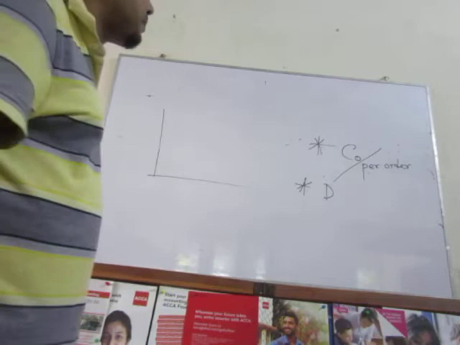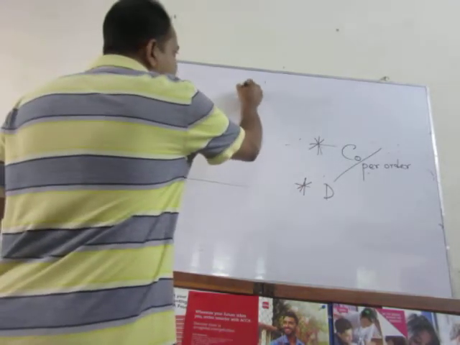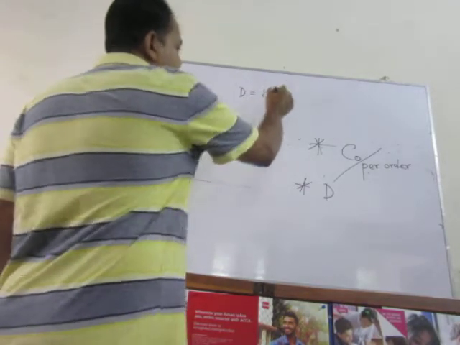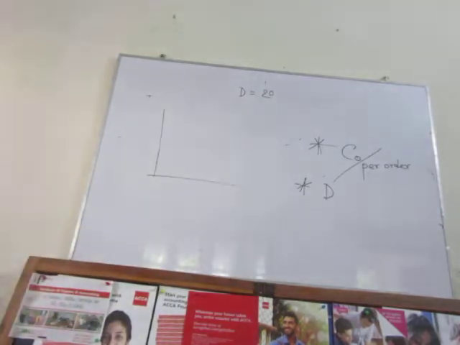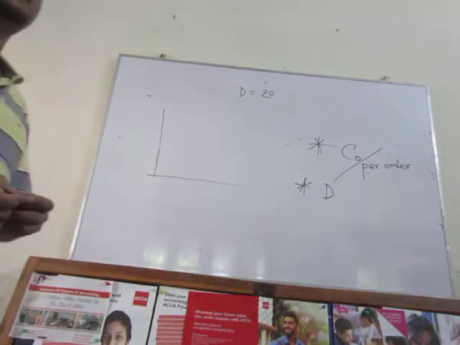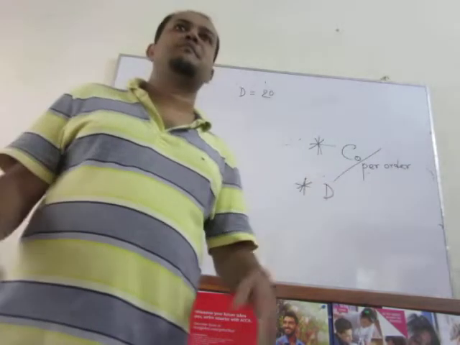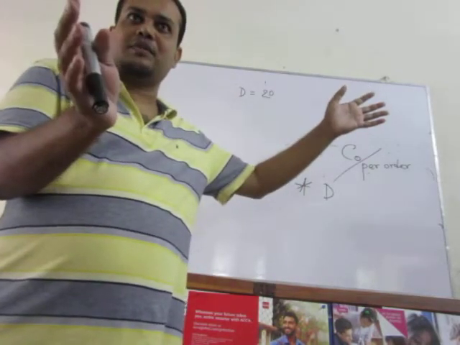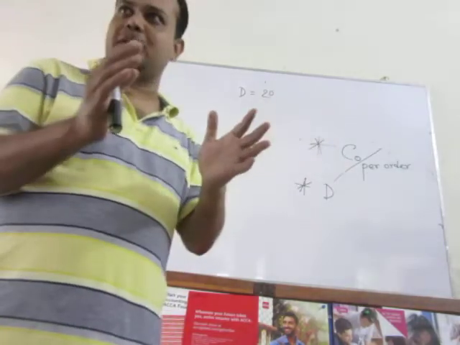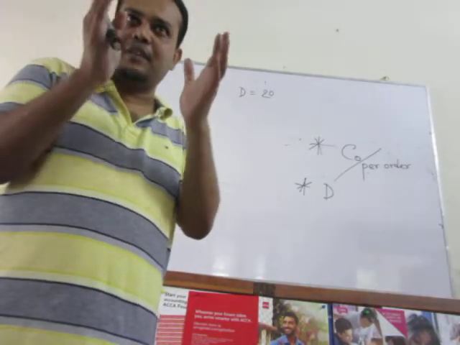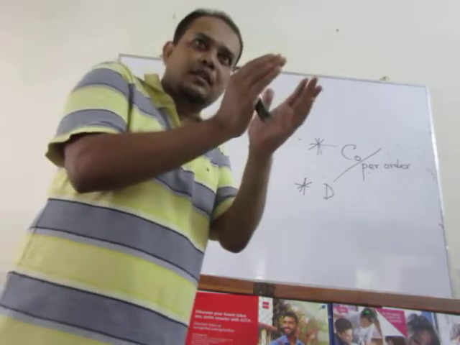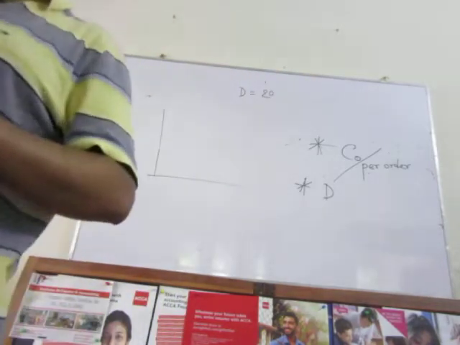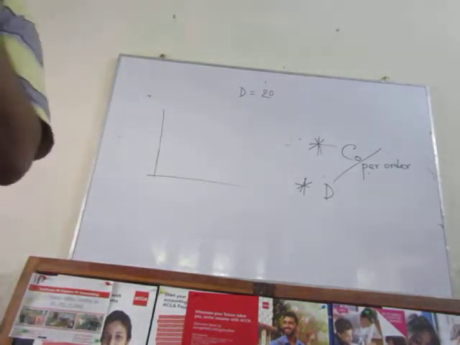Let's take a small example. Suppose your demand is 20 metric tons in the whole year. It doesn't mean you have to store the 20 metric tons at the same time, because as you stock more, stock holding cost will be more, right? We are here to control the cost. That means at every stage we have to control things. If you want to control the holding cost, you have to hold a lesser amount, right?